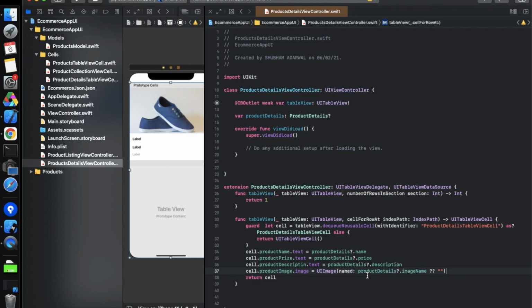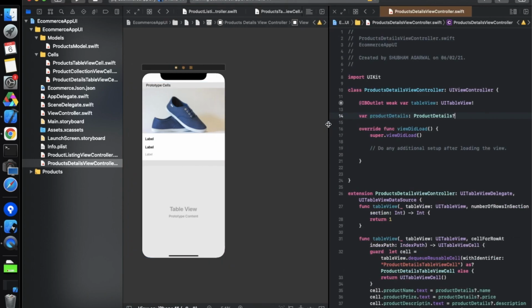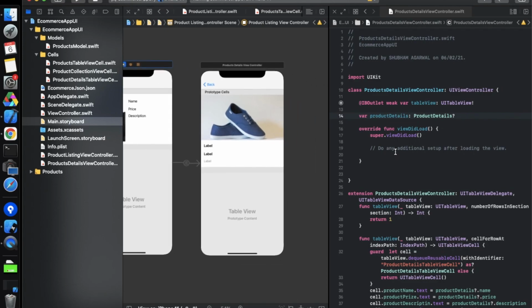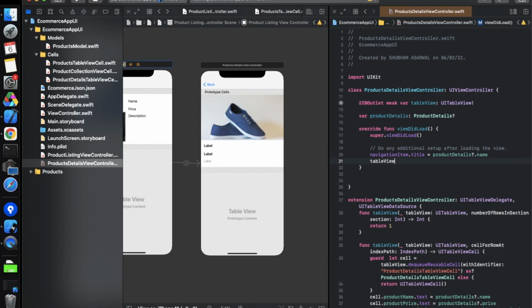So something like this, this is going to work something like this. Now whenever the product gets initialized, we have to reload the table view. Before that we also need to pass a navigation controller over here. So for that just drag and drop this from over here and put show like this, and over here we have to define the name which will become the title at the top of the navigation bar. So simply we have to use navigation item dot title equals to product details. Now we have to reload the table view, dot delegate equals to self.